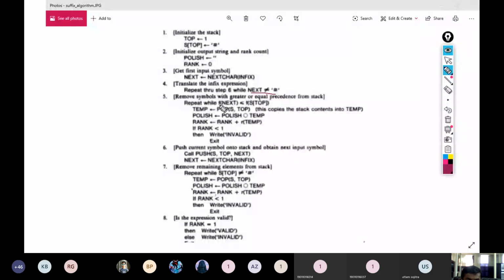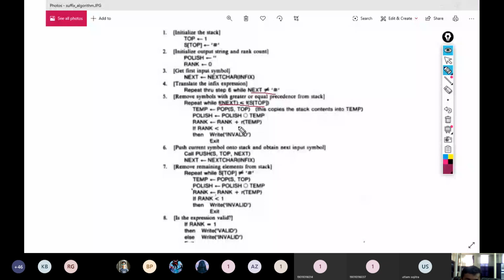Before pushing it to the stack, we compare the precedence function for next with the precedence function for the top of stack, and if it is less than the top of stack, we pop the top of stack and append it to the Polish expression, and then we also update the rank.